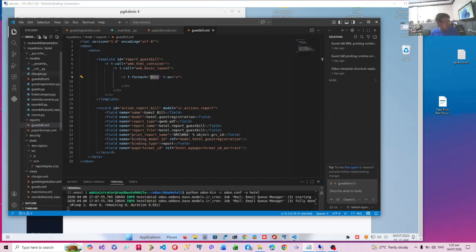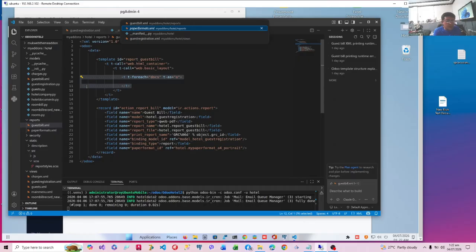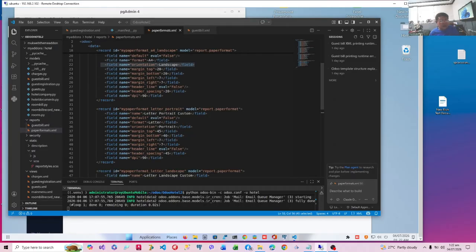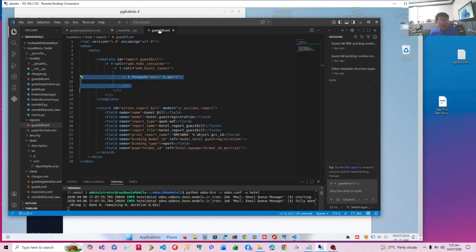Now let's get down into business. What's the first thing to be done? Aside from this layout, the next is the div, no? After the t-foreach, you will have a div. Isn't this too far out? Let's just adjust the indentation. Shift tab. There's no more indentation. Let's just close this. Let's go back. And then we need a div.